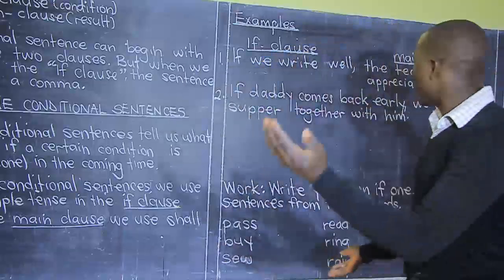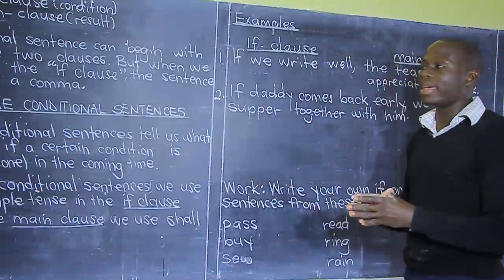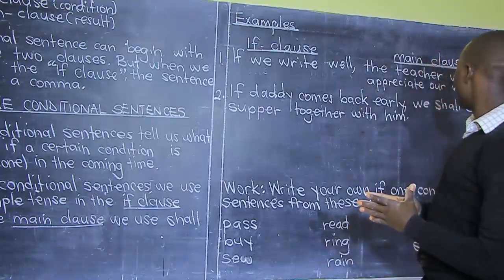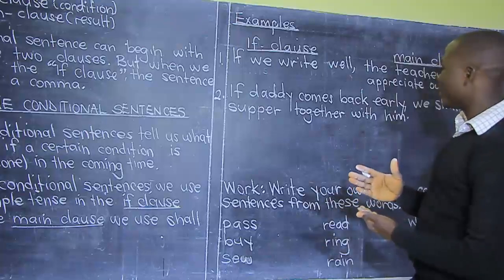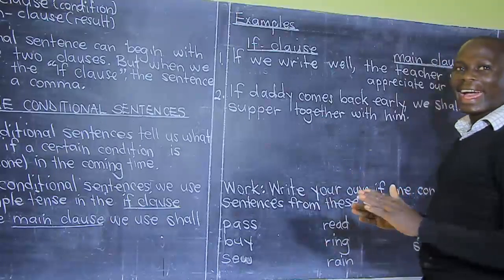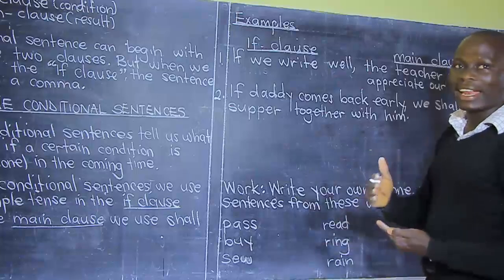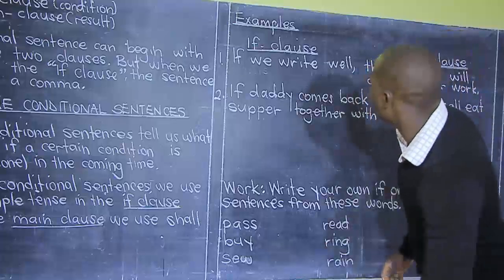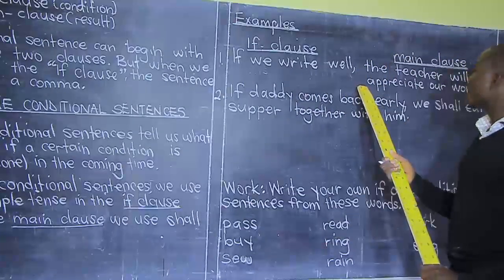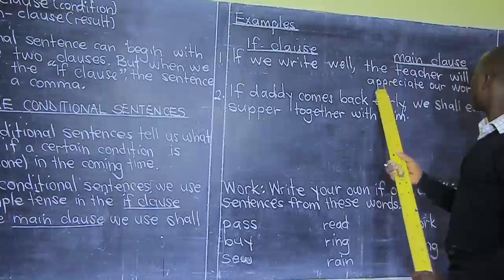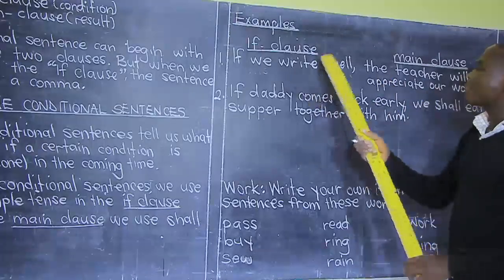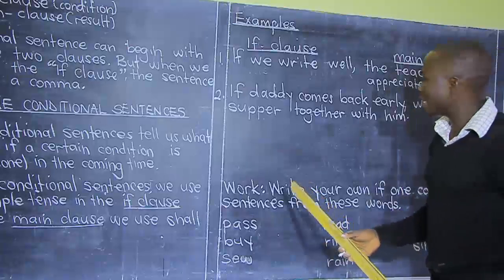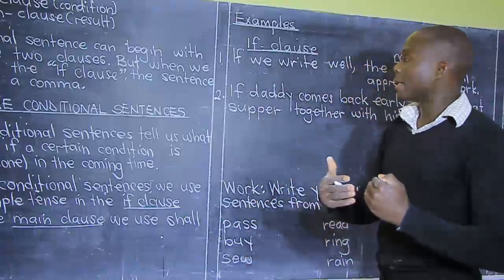Let's look at that. We can also turn that sentence and begin with the main clause. How will it be if we begin with the main clause? This is how it will be. We shall eat supper together with the dad if he comes back early. You get that? Even still, the first one, we can start with the main clause, okay? Where we shall say, the teacher will appreciate our work if we write well. So we can start the sentence in either way. Let's look at another example. Now, in this case, here I'm going to